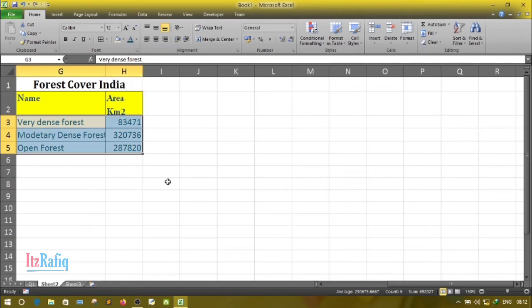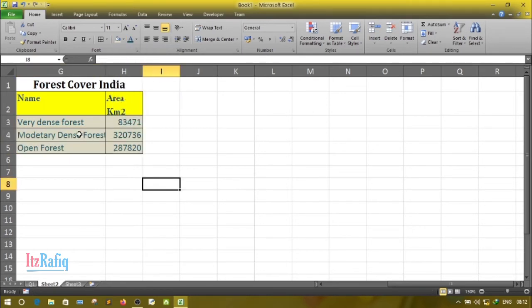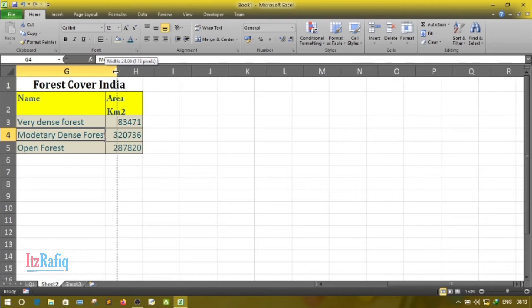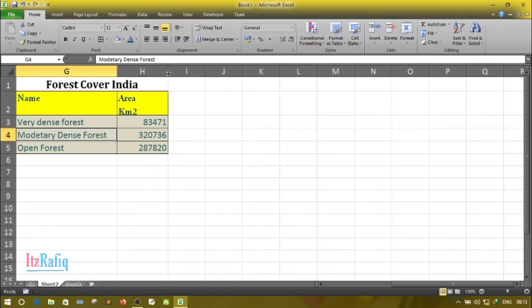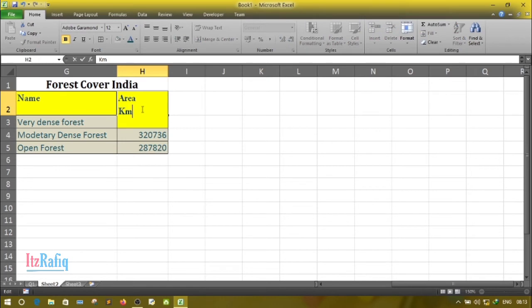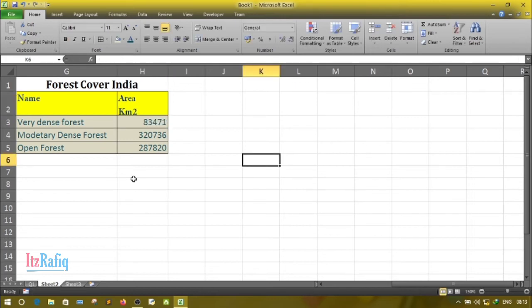Now here you can see that row number 4 is a bit hidden, so we have to make the row wider. We can do it this way. So this way we can do question number 2.